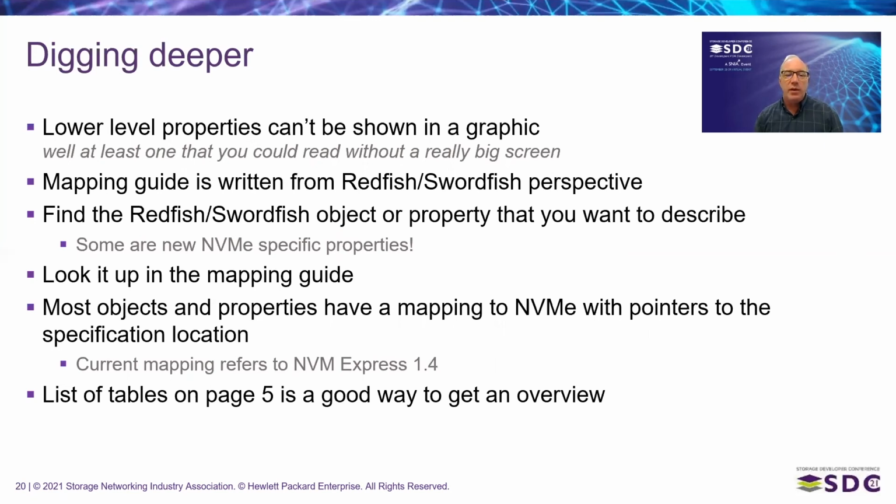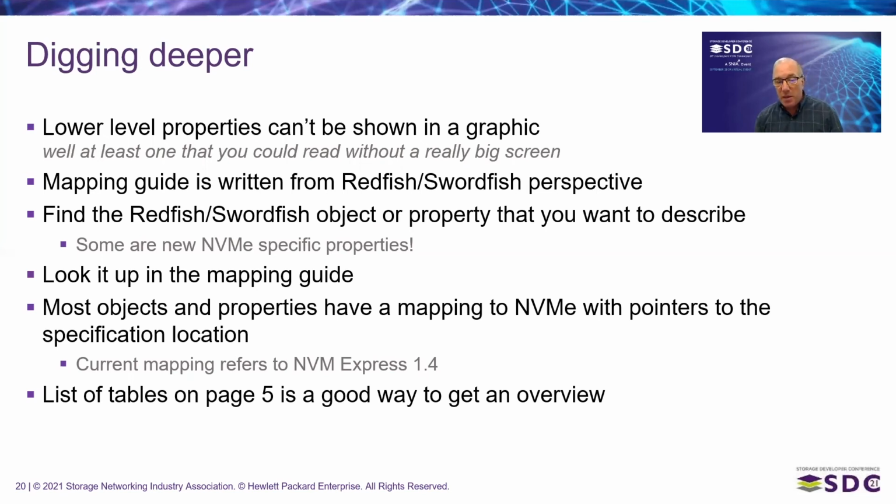So you want to find the Redfish Swordfish object or the property that you want to describe. Most of these are existing objects and properties that we just mapped to. There are a few things where we had to create some new NVMe-specific properties for new NVMe concepts. Once you've found the object or property you want to describe, you look it up in the mapping guide, and most of the objects or properties have a mapping to NVMe with pointers to the specification location for where to get the information you need from the NVM Express